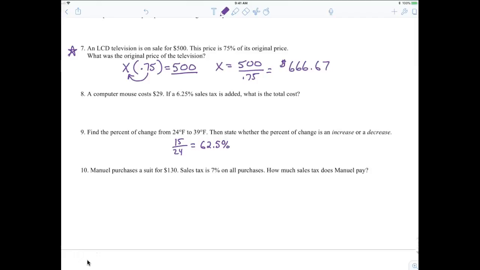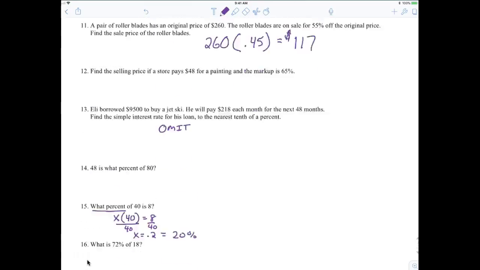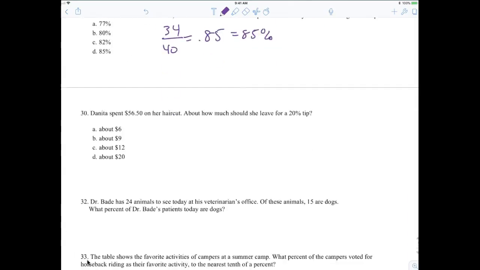We're trying to find the what? We're trying to find the original. We've been given the sale price. Everybody with me on this? So we don't know the original. So you take the original multiplied by 0.75, and that gives you the sale price. So look at number 7. We took the original price, multiplied it by 0.75, and that gave me 500. So now I'm going to go back to the problem we were discussing,